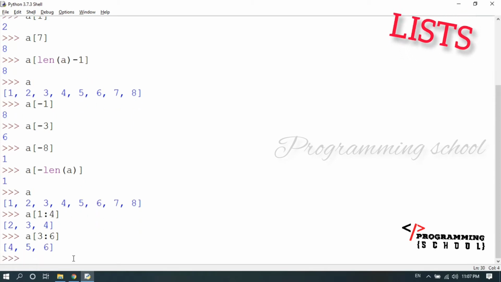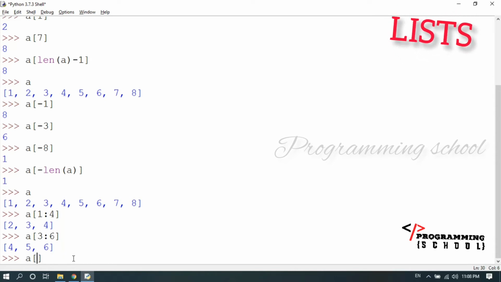For example, just look at here 4, 5, 6. Here I am slicing with positive indexing. Whenever I am slicing anything, it includes 3 values. What are those 3 values? The first one is the starting boundary, the last one is the ending boundary, and one more thing that is default, the step count.